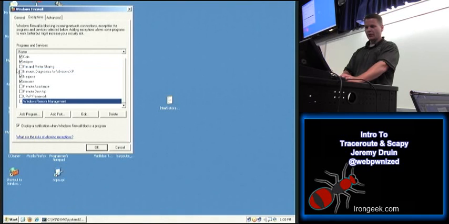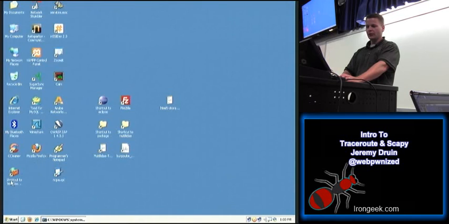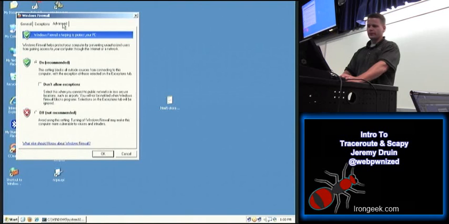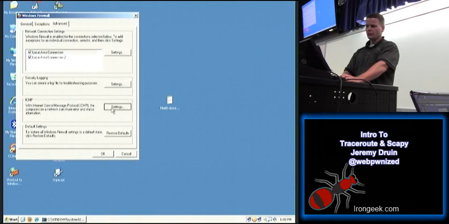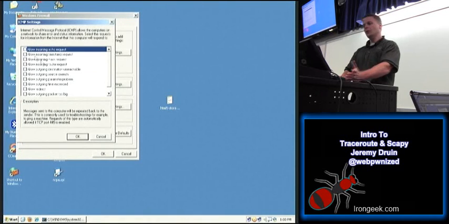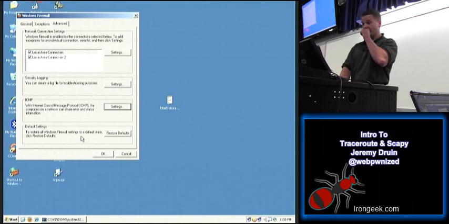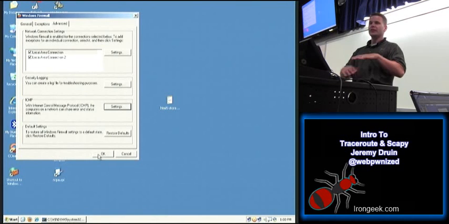It could be one of these, remote management maybe. Let's try this. There we go, okay. So it was either file and printer sharing or remote management. I think it's file and printer sharing. I probably just needed to save my settings first and then go back in so that we can disable the